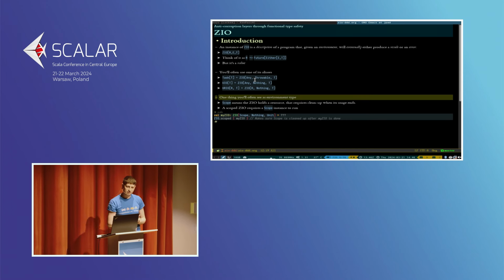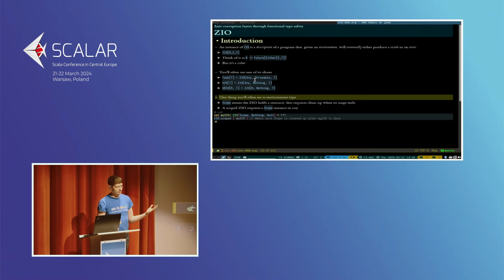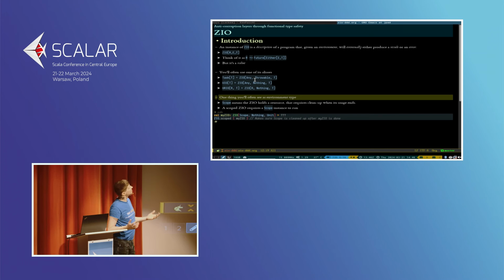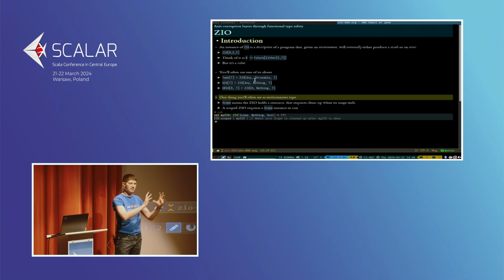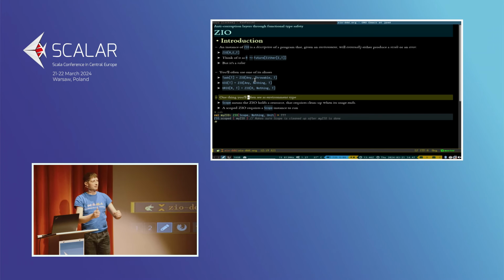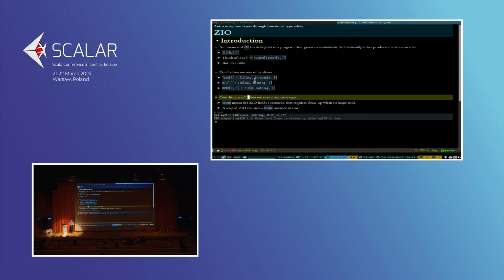One interesting thing is the environment. Starting out with ZIO, I looked at the environment and was like, okay, this is a strange thing. Why do we have this? I just want my value. It's asynchronous, nice. But there's actually a lot of very powerful and not that complicated things you can do with it. One good example is the scope concept that was introduced in ZIO 2, where if you have a ZIO that has scope in its environment,